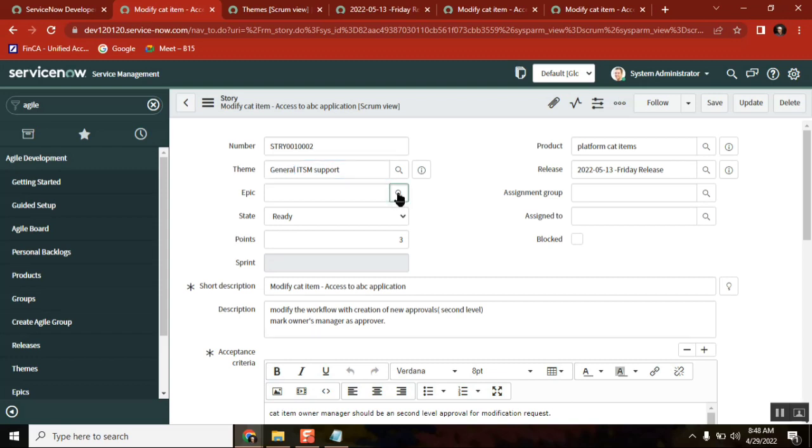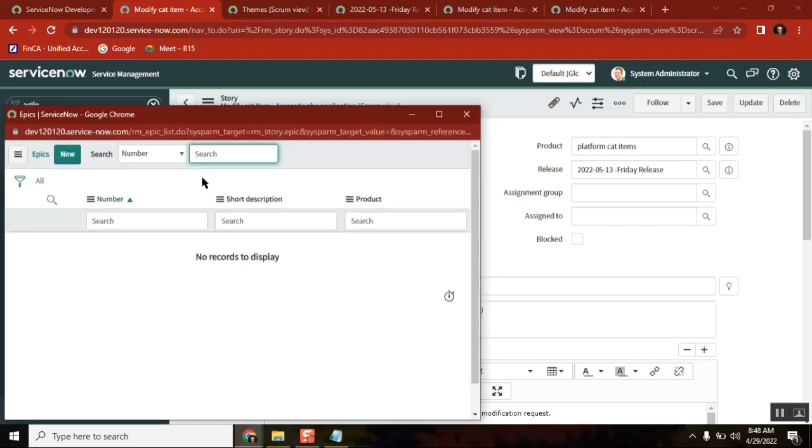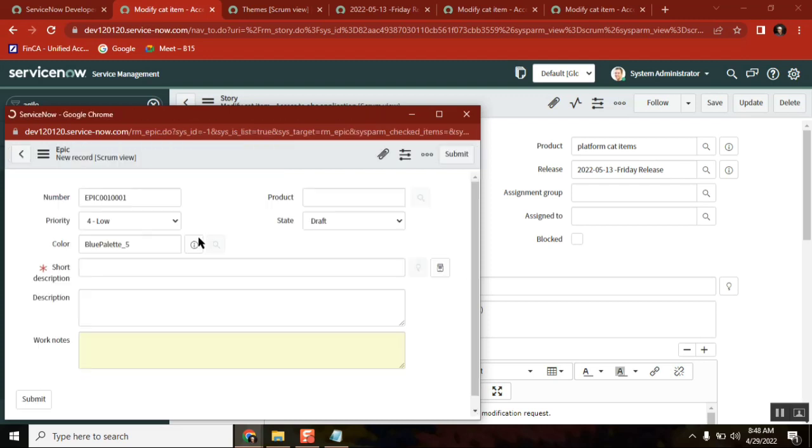Maybe you can create maybe a second level hierarchy. These are a little confusing, that's why I am not going much deeper, but try to understand. Maybe you just go through your definitions and then try to see. The more you see, you'll get confused. Epic and epic is, yeah,